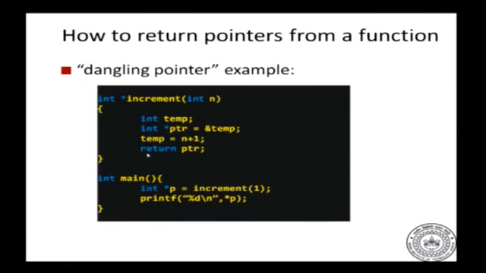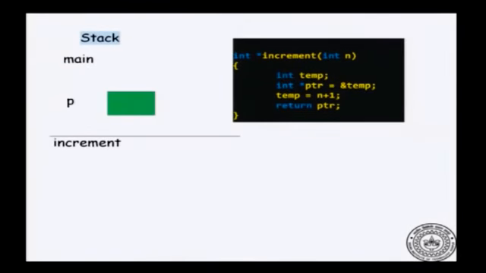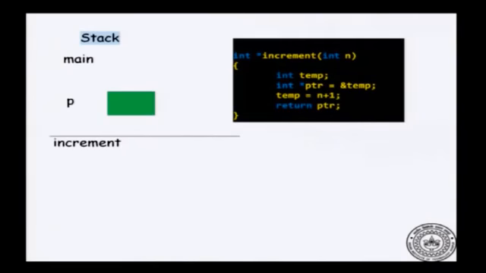Now, this leads to a very notorious error in C known as a dangling pointer. Let us examine that in slightly greater detail. What happens when we call the increment function? Inside the main function, we have an int pointer p, and when it is declared, it is not pointing to anything, and immediately you call increment 1. n is a local variable in increment, it is the argument, so n is 1, and then you declare a temp,